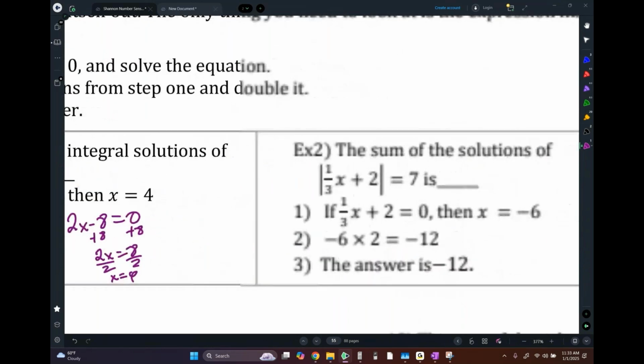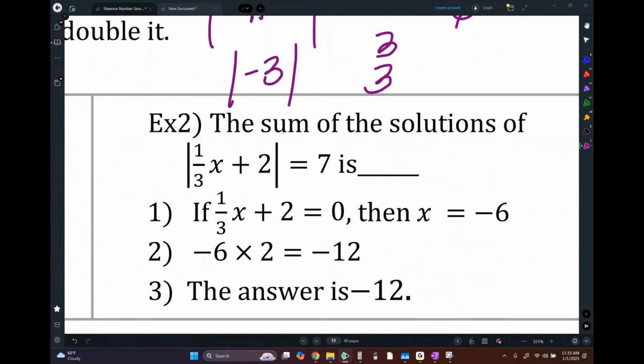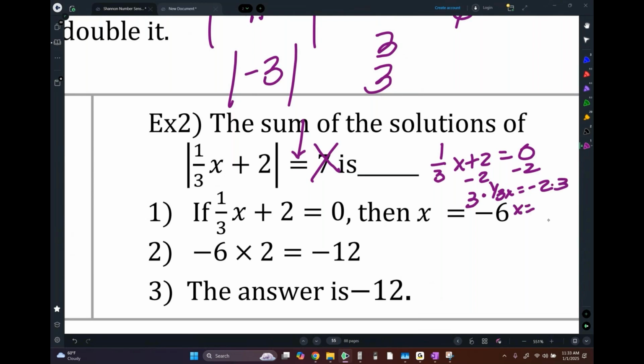Okay, let me do it again. All right, this is the equality one, right? So we ignore this, and we're just going to do this math problem. We're going to do minus 2 minus 2. So we're going to get 1/3 x equals negative 2. Then we're going to multiply both sides by 3. I'm just doing algebra here, guys. So if you don't know how to do algebra, that's a problem. And so my answer is not negative 6. What do I have to do to the negative 6 at the end? Multiply by 2. You get negative 12. Okay? So let me have